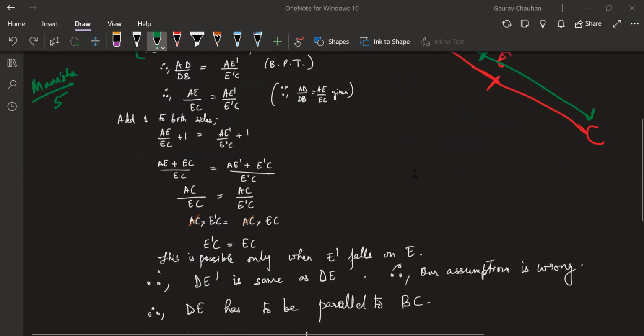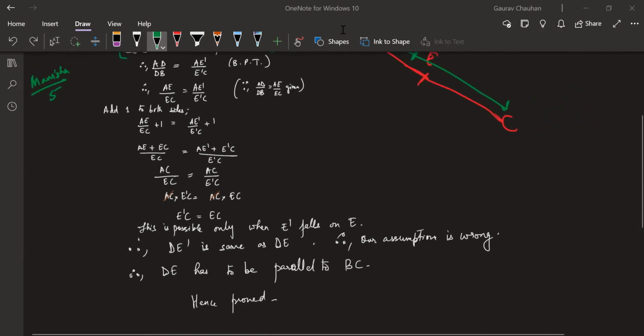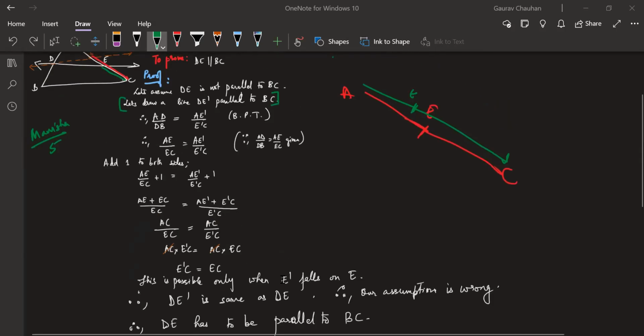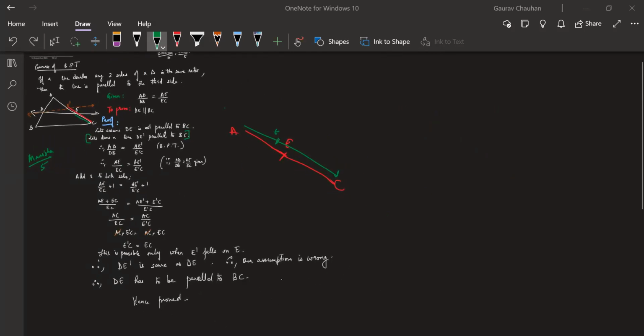Tulsi, you want to say something? Tulsi, you raised your hands. You want to say something? Okay, guys, I'll give you 1 minute to absorb this, also to make notes. I think you had already done till this part. While we're doing, you have 1 minute to take things down. 1.5 minutes maybe. Tulsi, I can't hear you. You will have to type it out. I am not able to hear anything which you're saying.